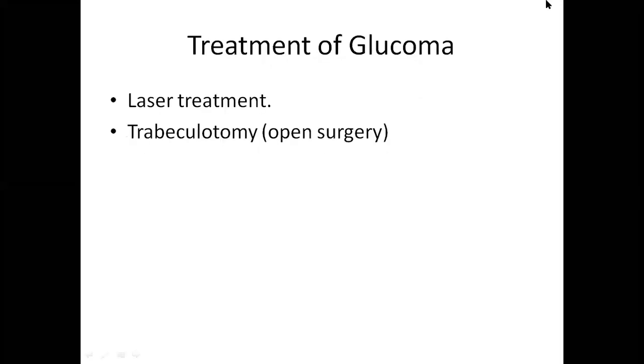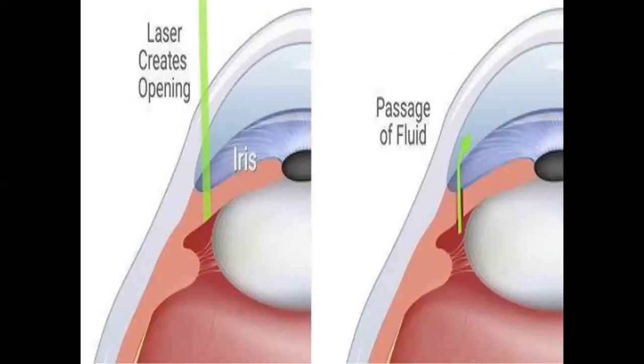Acha, what is the treatment of glaucoma? The laser treatment. Through the laser we'll treat this condition, or via surgery we will open the trabecular meshwork, and this is called trabeculotomy. We form a space in the trabecular meshwork to properly drain the aqueous humor. This is called trabeculotomy. So this is via the laser. This is an iris. This is a cornea. So we are putting some opening here so that fluid can pass from the posterior chamber to the anterior chamber. So we are putting some opening here via the laser.